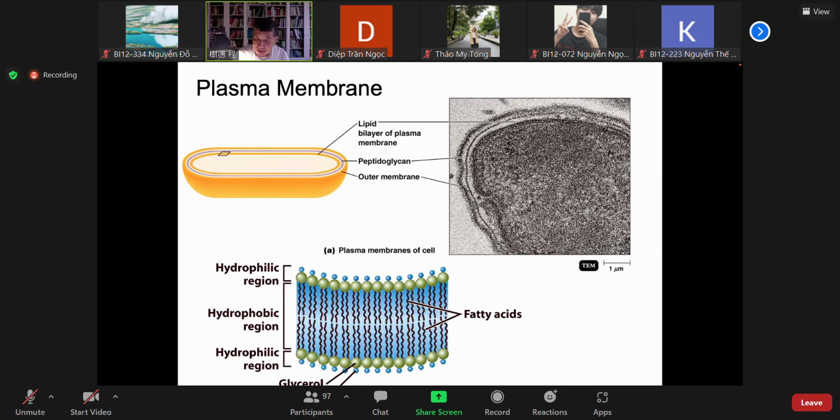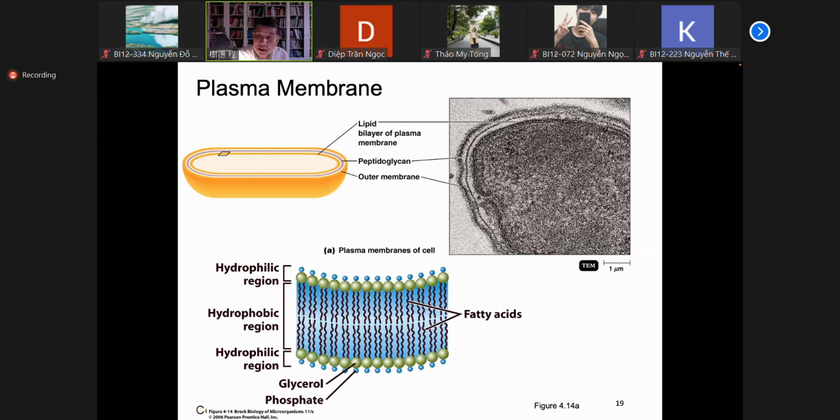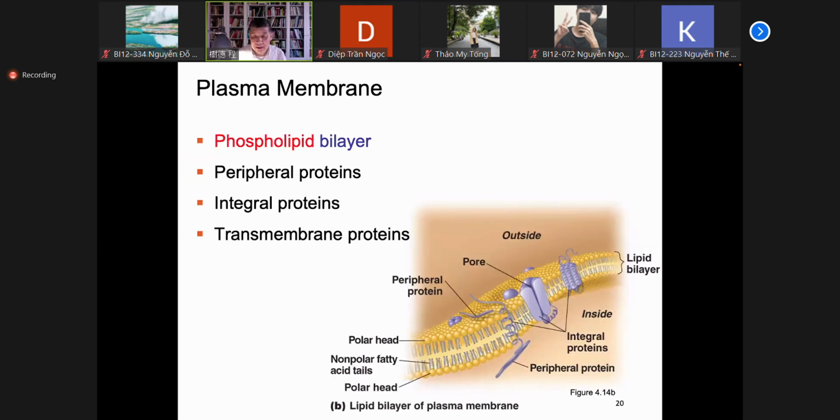And this serves as the barrier between the outside and the inside. So this is a very important structure. And inside the plasma membrane, there are many proteins. And so the theory